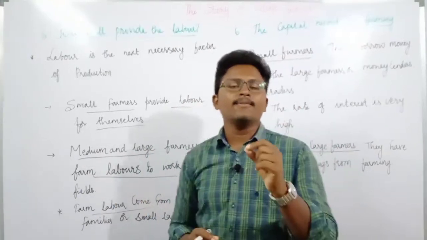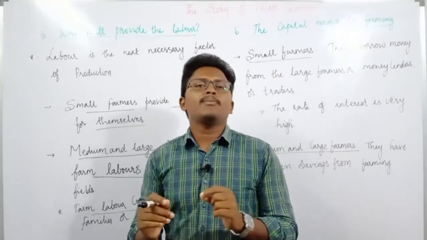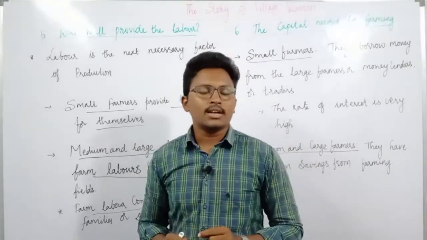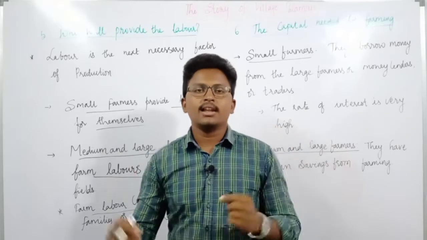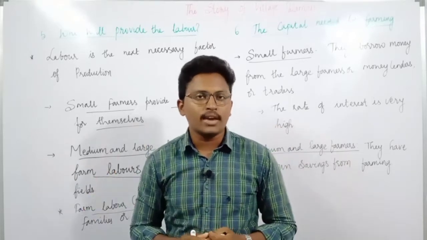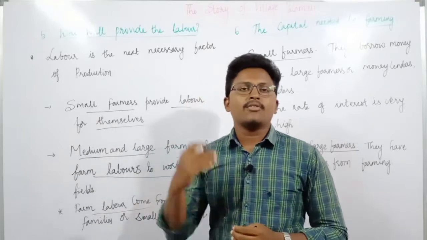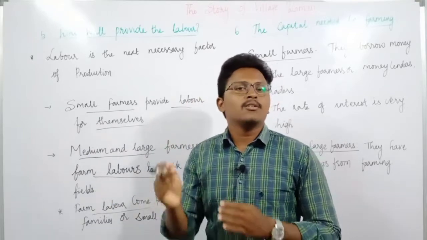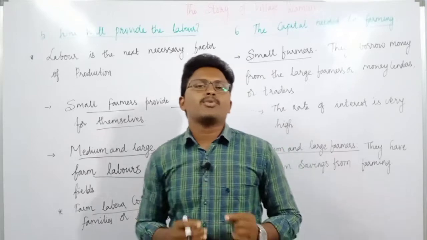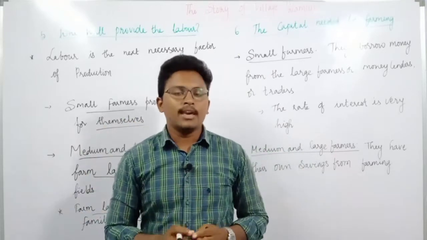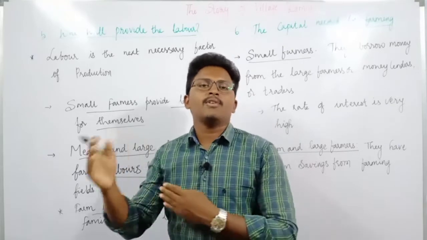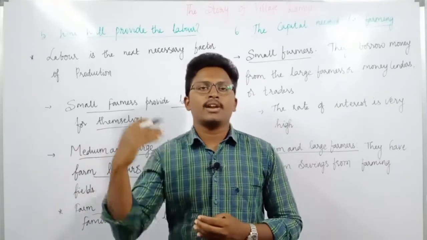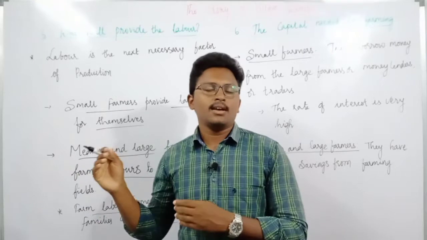And here again, they will pay some wages to these workers, and these wages sometimes may be in the form of cash. They will directly give their daily wages in cash. Sometimes they may also provide wages in kind. In kind means that once the crop is harvested, they may provide some food grains to the laborers. So it is either paid in the form of cash or in kind, which means providing food grains after harvesting.